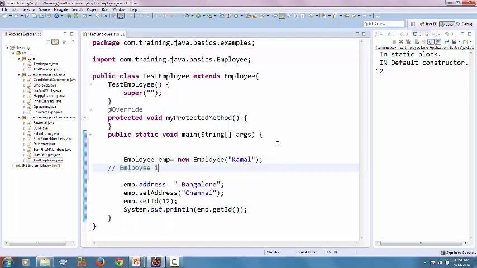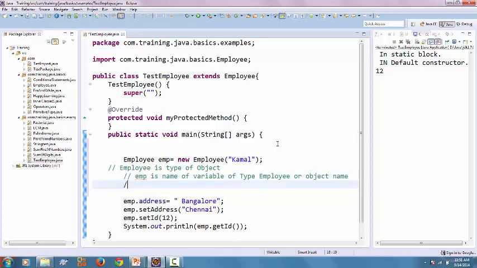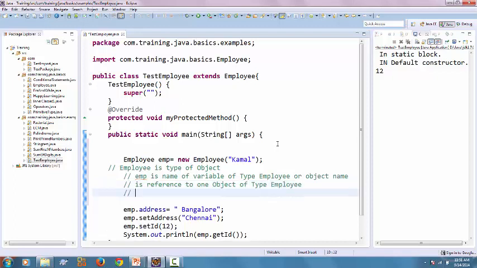So in this line, Employee is the type of object, and emp is the name of a variable of type Employee, or you can say the object name, and it is a reference to one object of type Employee, and